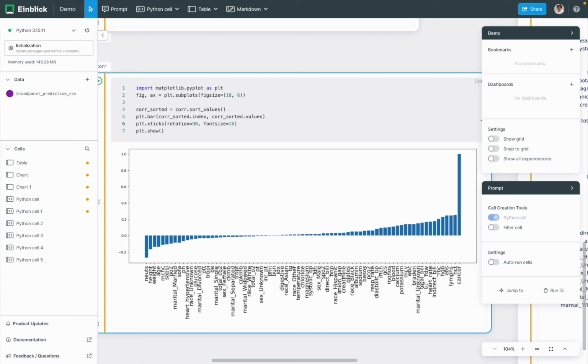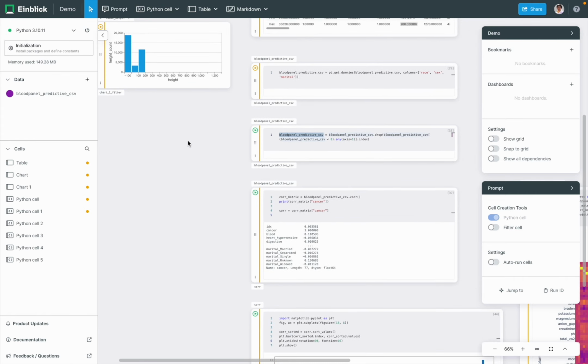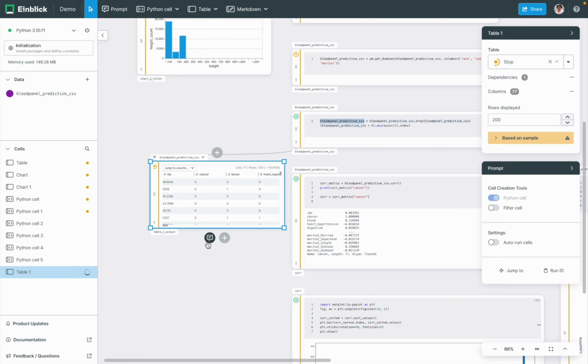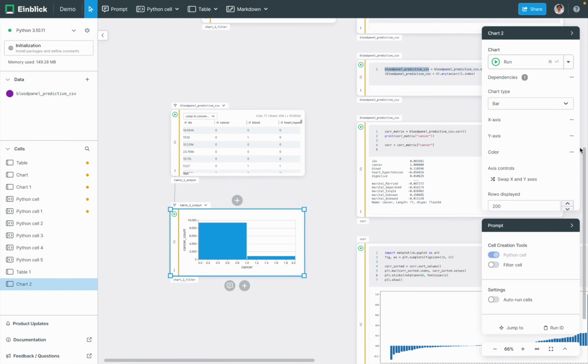Swinging back to the other chart here, what I can see is that HCT, lymphocytes, EOS, eosinophils have the highest correlation with this cancer variable. I'm going to go ahead and make some charts of cancer versus these variables. Now I can ask prompt to make these charts for me, but actually let's go back to the Einblick no-code charting capabilities. I can go ahead and drag cancer out here, and all I have to do is change the x-axis